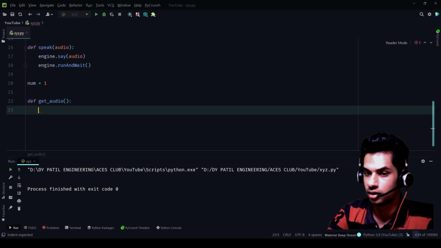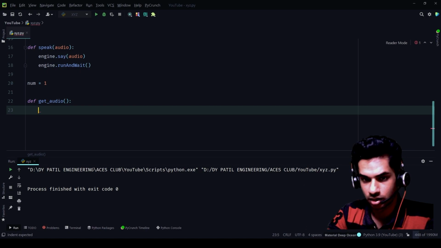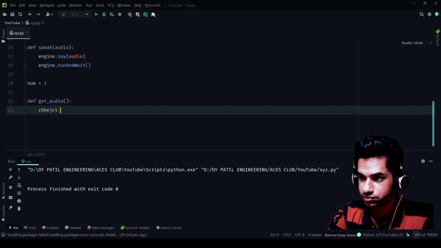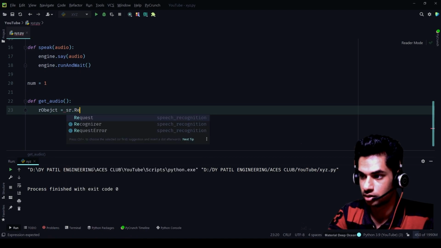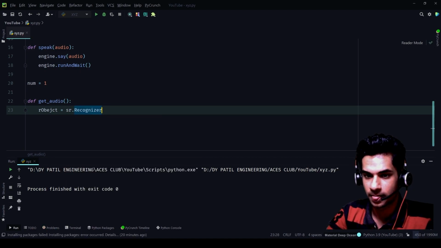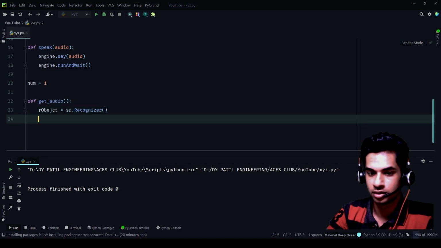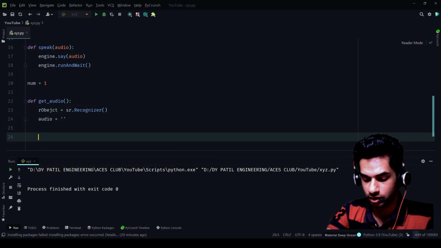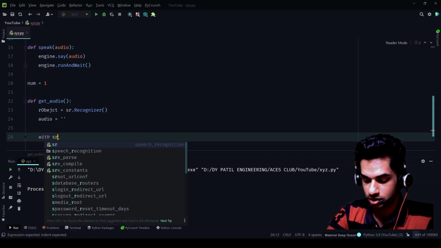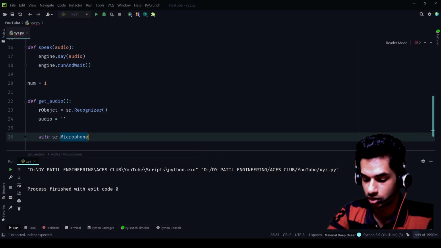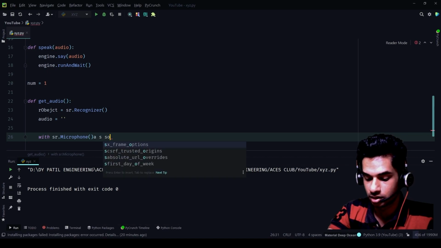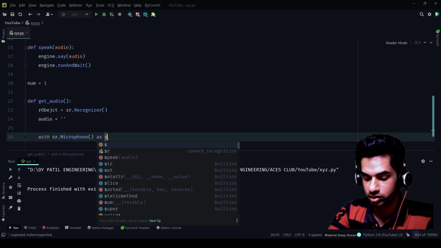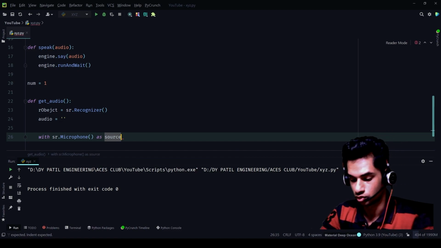So we'll again set our object equal to sr dot recognizer. Then we'll set audio equal to an empty string. Then with sr dot microphone as source.